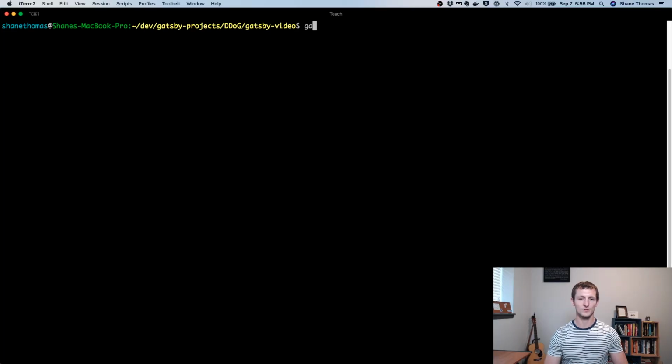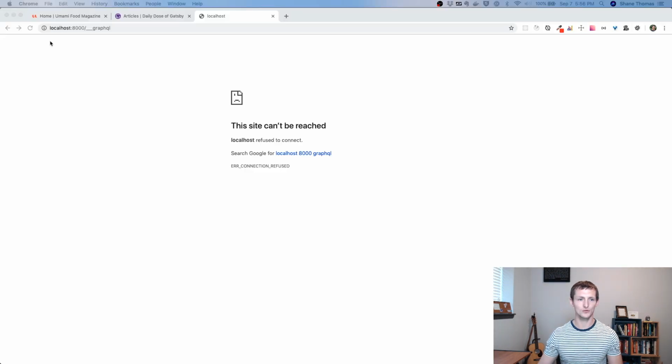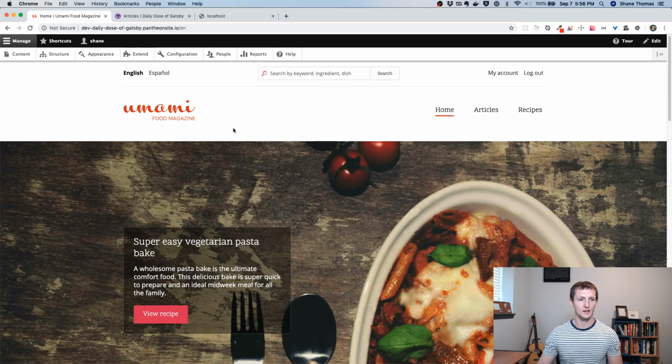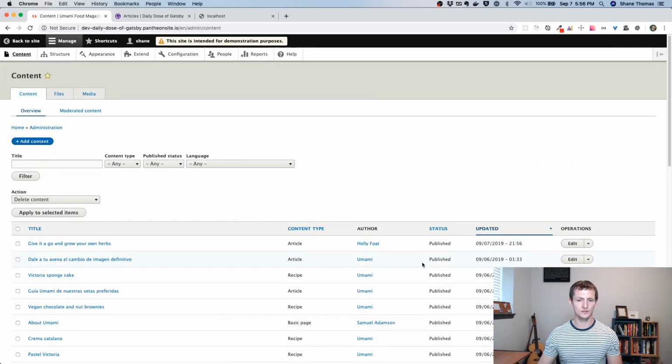The first thing we're going to do is make sure we fire up our Gatsby development server. And this will take a while because it's actually going to go out to the Drupal site. It's going to fetch the data. While this is loading, I'm going to go ahead and pull up our Drupal site and just show you one thing I did. So in one of the articles,